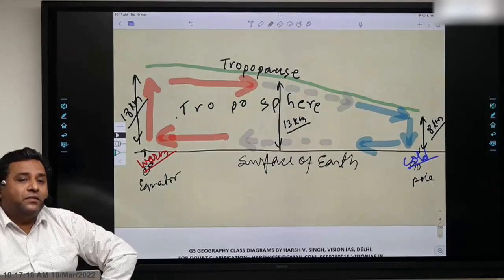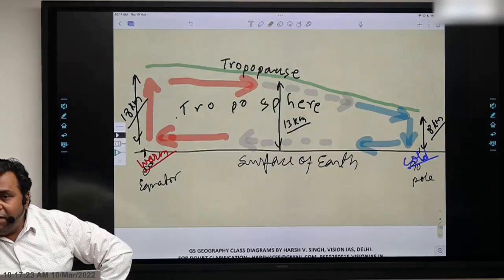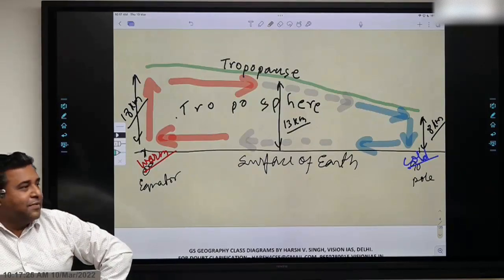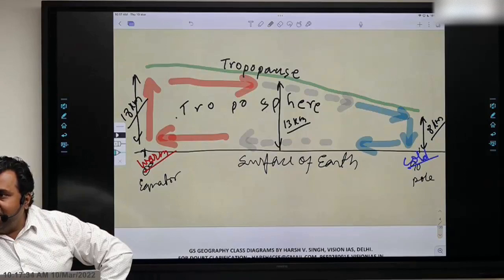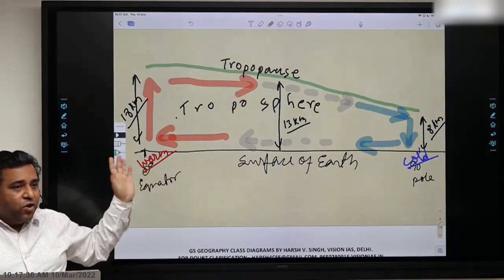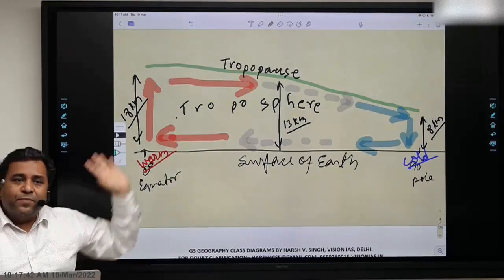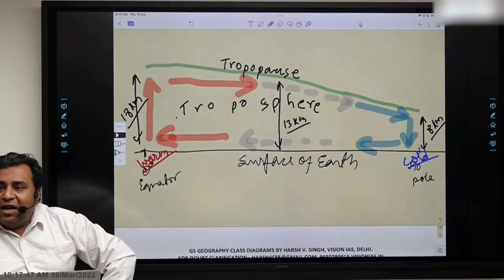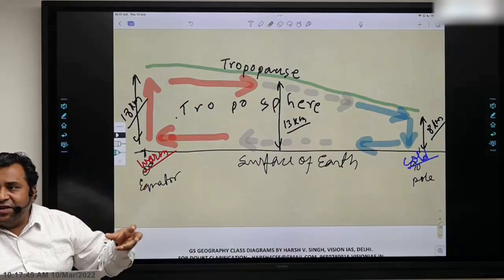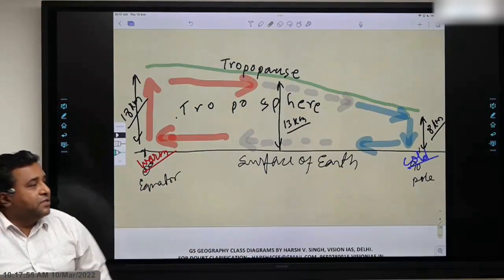Ultimately, why is it mixing? One region is hot, the other region is cold, so what is it ultimately doing? Transfer of heat. Transfer of heat, and that was the purpose. Right, we studied this at the time of heat transfer, that in this region heat has to be transferred. So hot air is going up, then it is going to the other side, and cold air is coming from there. So there is a complete heat transfer here. Can you see? Can you see it? And what is assisting that heat transfer? The mixing. And hence this region of mixing of air is called troposphere.